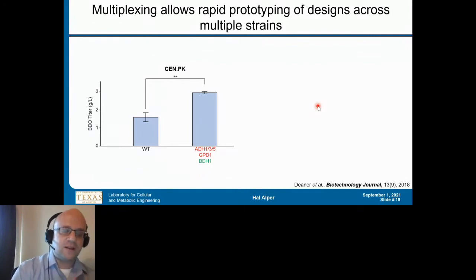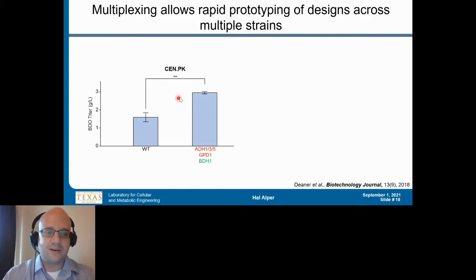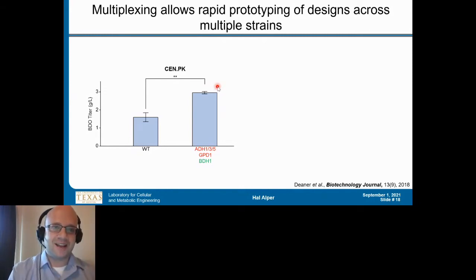We can do this in SynPK, for example. We can throw this guide RNA array in there, and we get a very quick increase in our production, going from about 1.5 grams per liter of BDO in the wild type strain with the complemented heterologous pathway to almost 3 grams per liter. When we take the same guide RNA cassette and just throw it into another yeast strain,